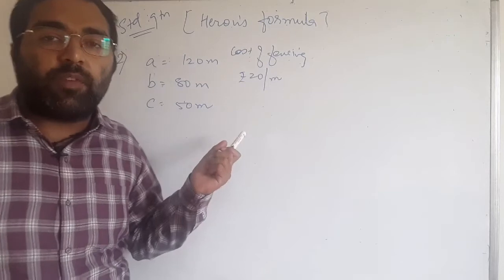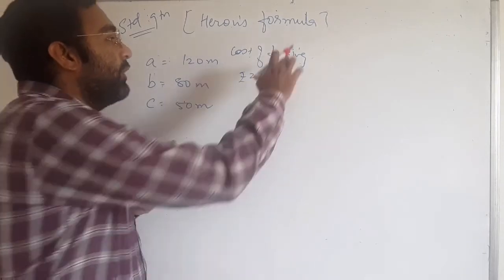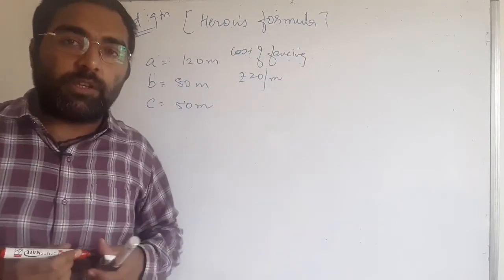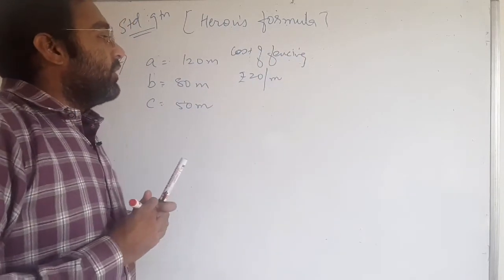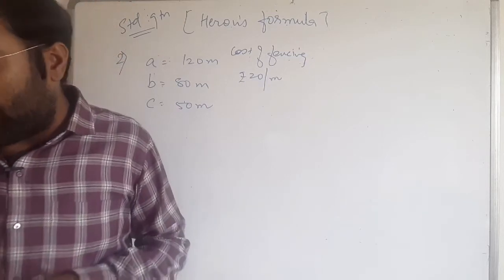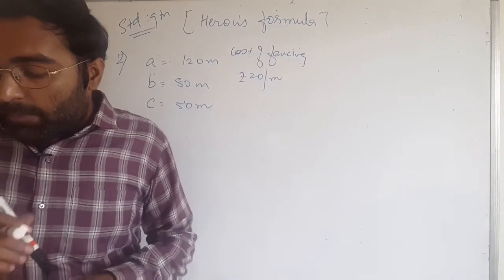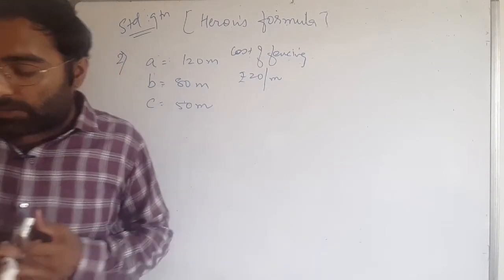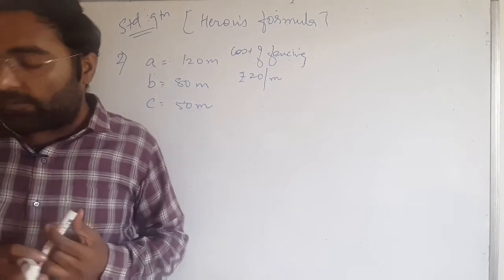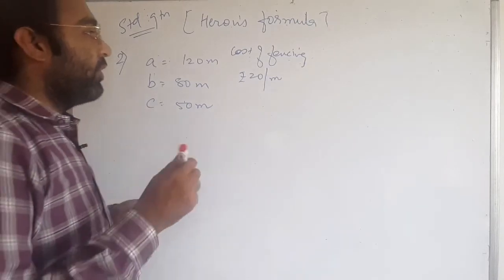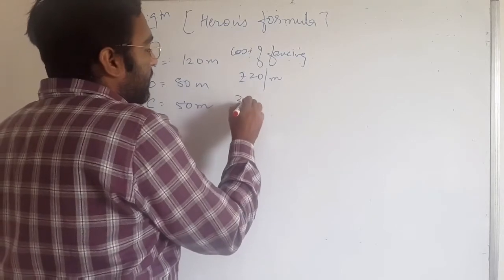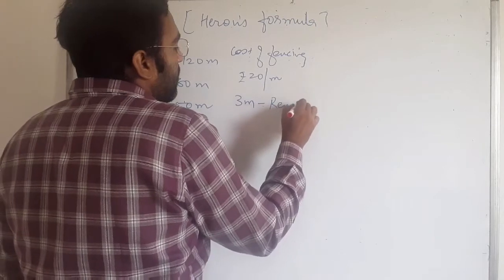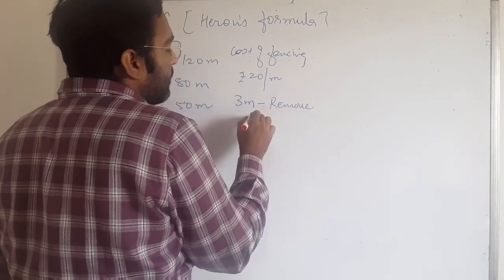Now they require the fencing, so for that we have to use the perimeter of the triangle whenever we have to find the cost of the fencing. They also have to plant inside the triangular part, so we also have to find the area of the triangle. And they also mentioned a 3 meter wide gate. At that gate we are not fencing, so we have to remove that 3 meter part.